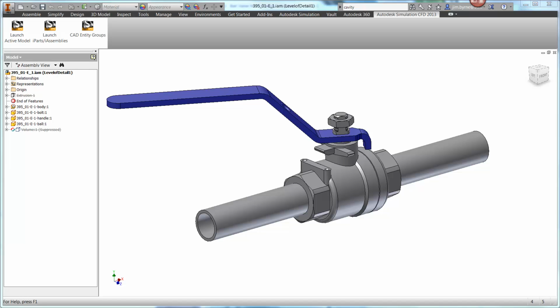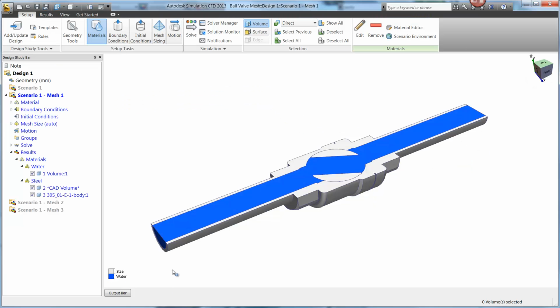Autodesk has made improvements to the way that Simulation CFD users can gain high-fidelity results. We're going to discuss mesh adaptation using the ball valve that you see here. I already set up the material and boundary conditions, and we used the auto size option under mesh settings for